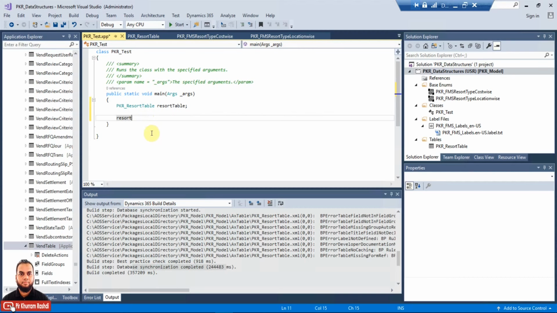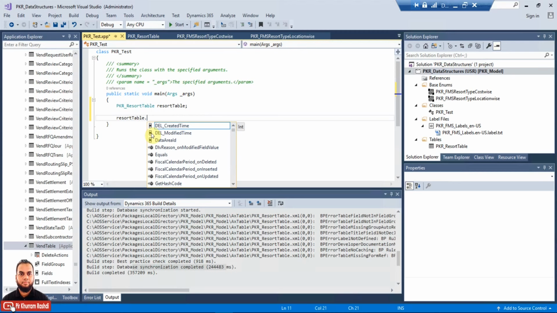Now we have declared the table, and now what we need to do is insert a dot. A dot will show you IntelliSense, and whenever you want to refer to a field or a method, you need to insert a dot.